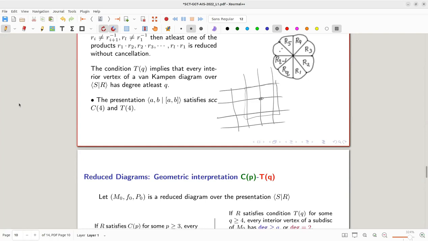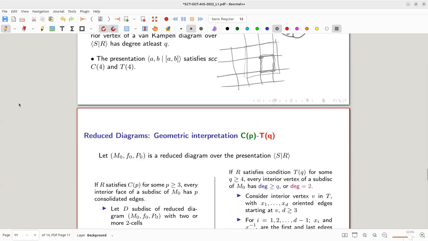And also this presentation satisfies C4 condition. Why? Because the relators are product of at least 4 pieces. Here they're product of exactly 4 pieces, but at least 4 pieces. So it satisfies C4 condition. So this presentation satisfies both C4 and T4 conditions. So